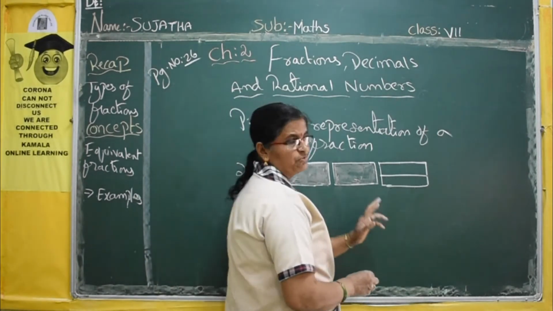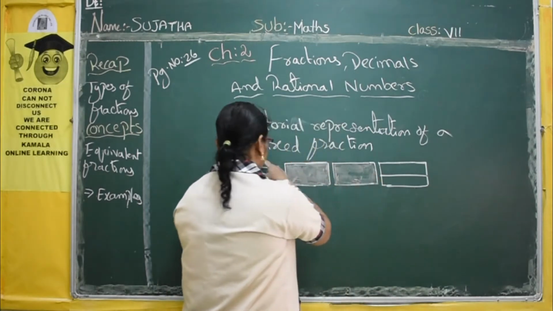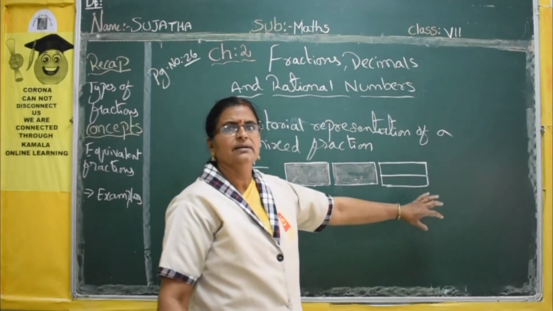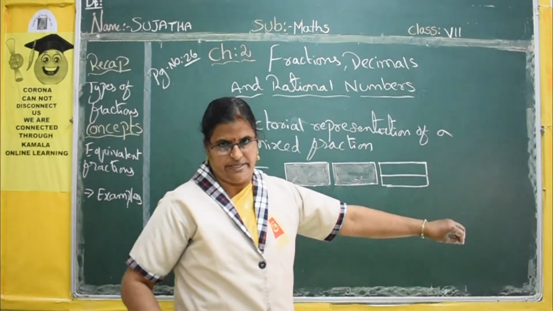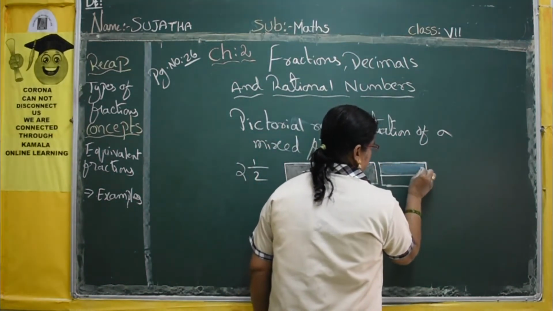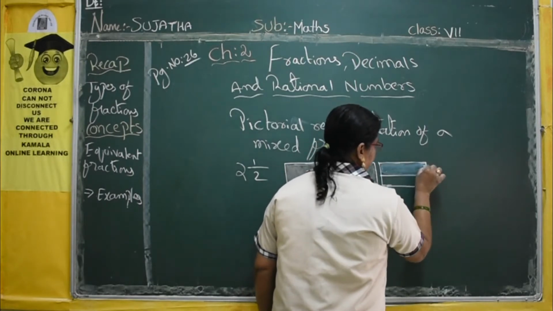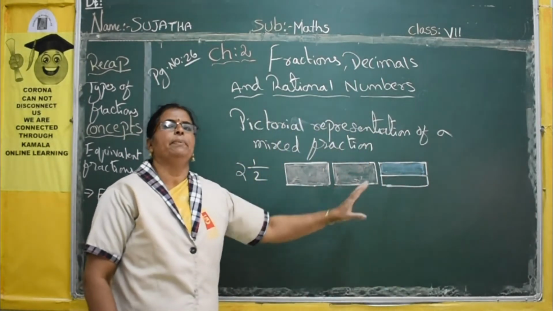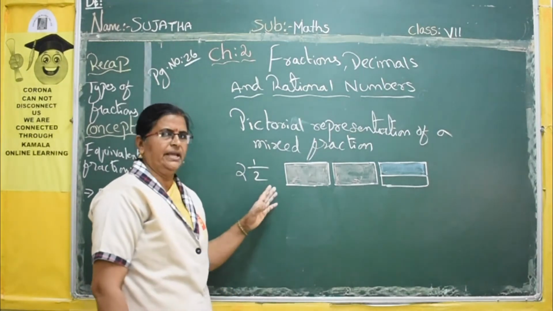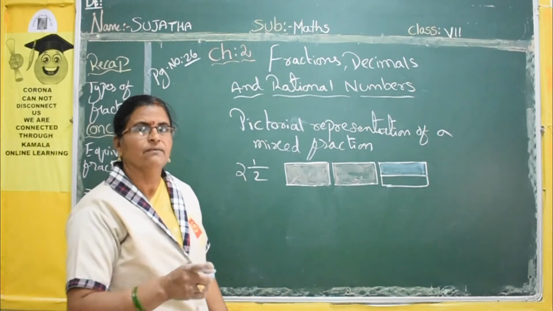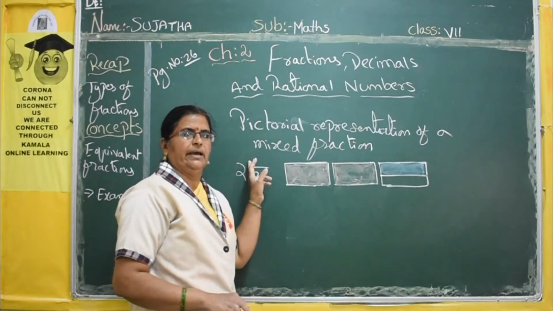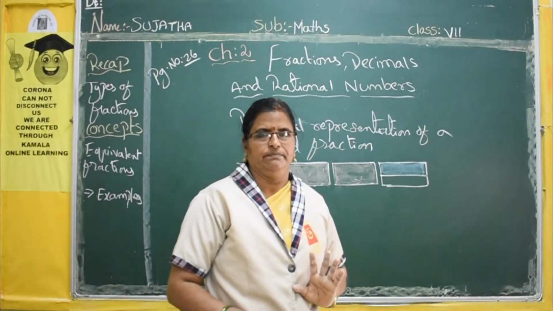Half part. Half part means which one? In one, 2 parts are there, no? So 2 parts. In that, 1 by 2 means only one part I will shade. So in these 2 parts, only one part I shaded. Understood? Okay. Similarly, in 1 by 4, there are 4 parts, and one part you have to shade. Okay. Whatever the numerator is, that many parts you have to shade.